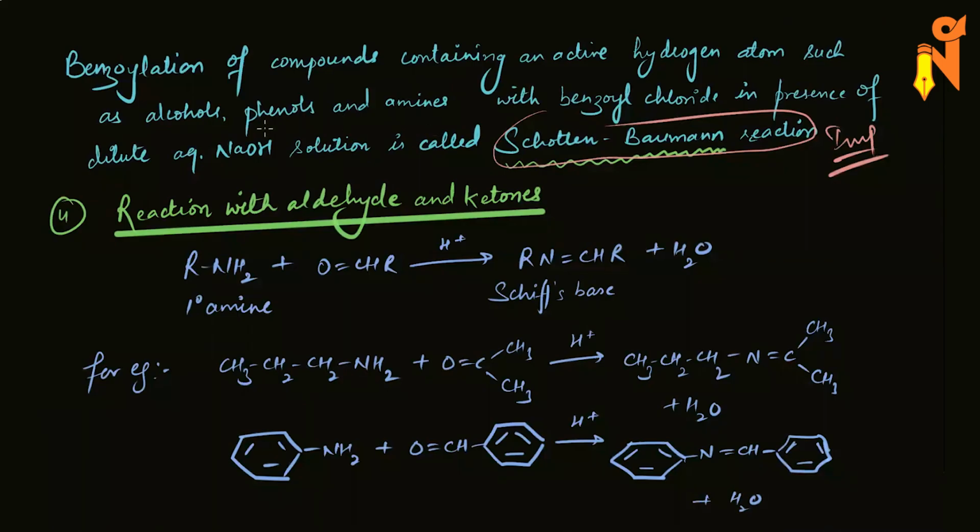These conditions, as in, they'll give you alcohol reacting with benzoyl chloride, they will give you phenol reacting with benzoyl chloride, they'll give you amine with the benzoyl chloride, and they will give you some other random compound reacting with benzoyl chloride, and they will ask you which of the following reactions is our Schotten-Baumann reaction. So this can be a multiple